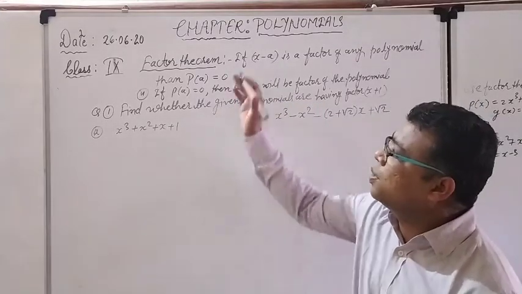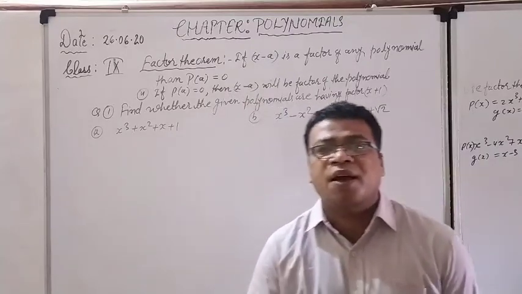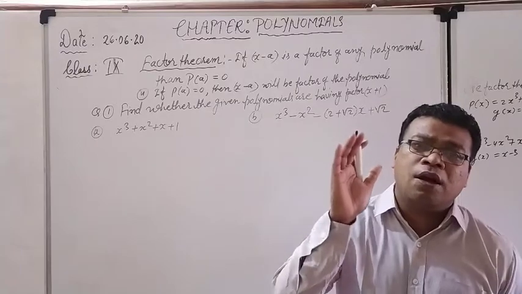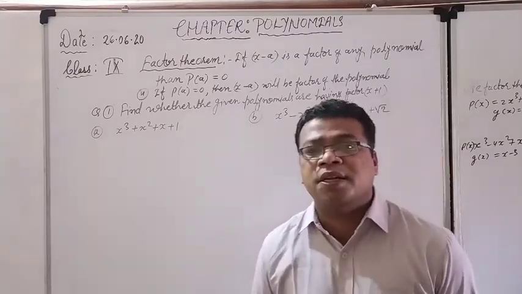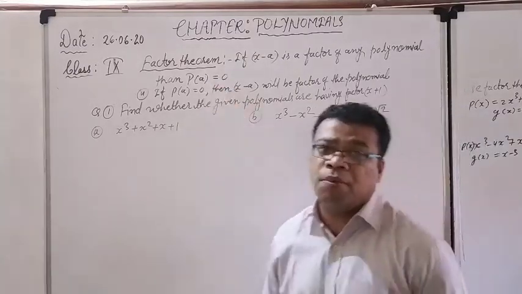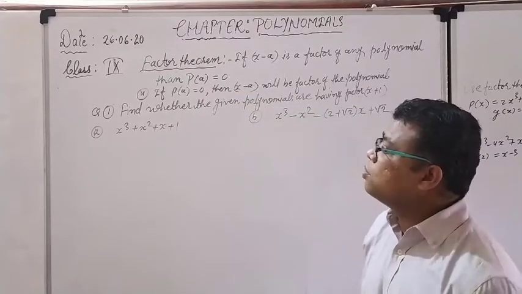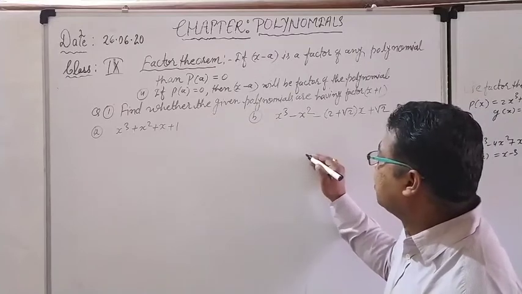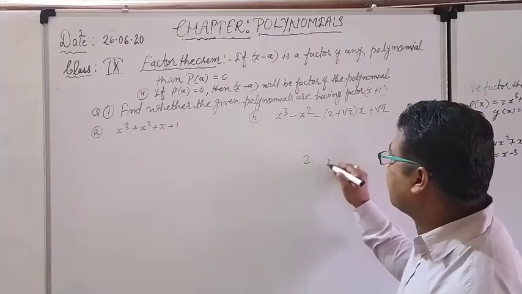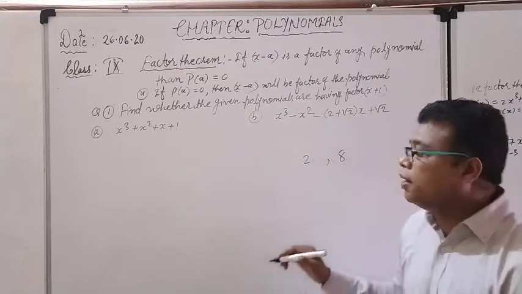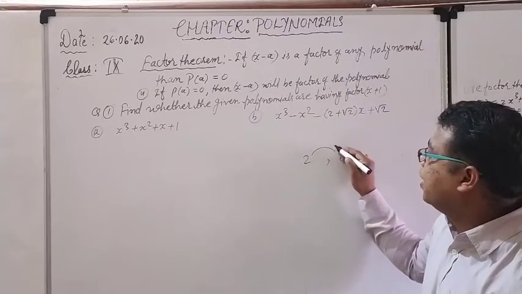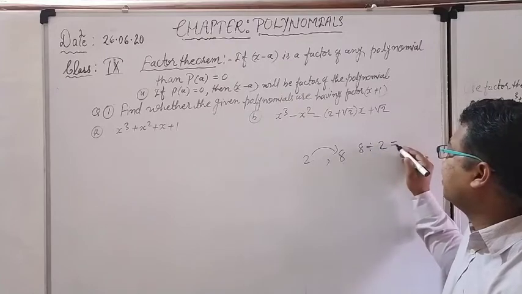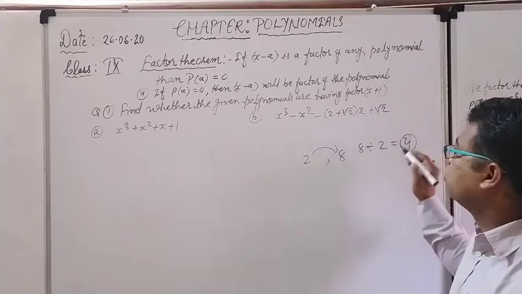Right now, see, the next topic is the factor theorem. We have seen the remainder theorem, and we have even solved some questions based upon it. This is the next topic, the factor theorem. And what is it? Factor means what? For example, if I say that 2 is a factor of 8, why is 2 a factor of 8? Because in the table of 2, 8 is coming. Or we can say 8 can be completely divided by 2, and we get the quotient 4.